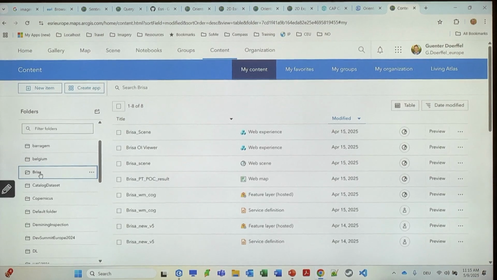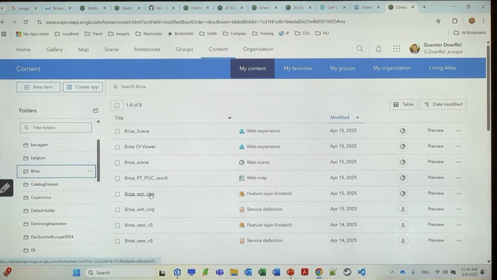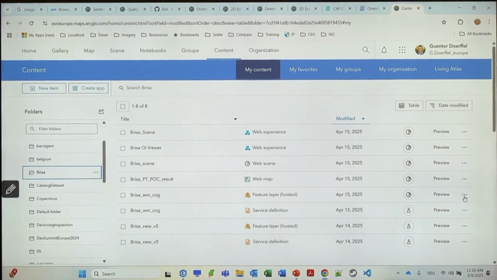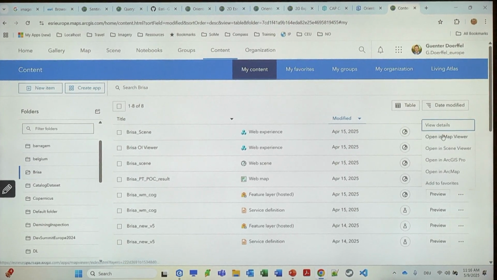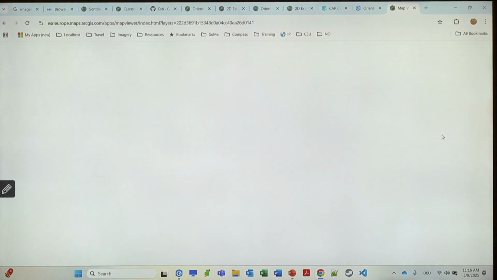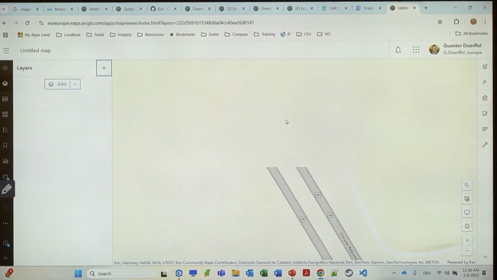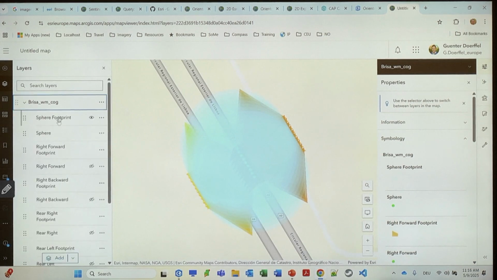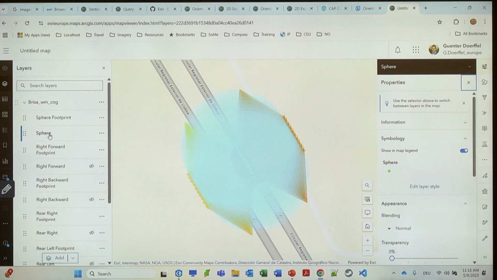So this is an example, and you see here it appears as a feature layer, a hosted feature layer. And if I add that feature layer to a map, it will recognize that this feature layer is an oriented imagery layer. And if I now go into the different sub-layers that it has, and I, for example, select this sphere thing here,